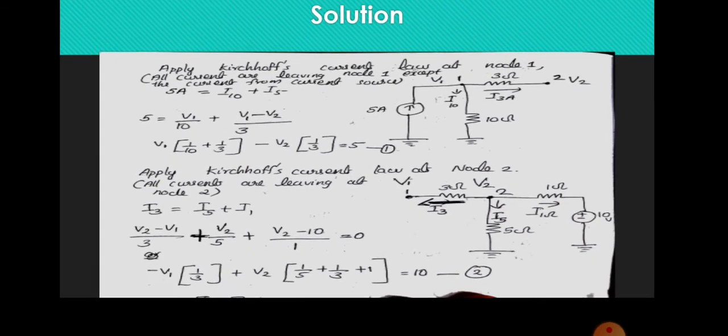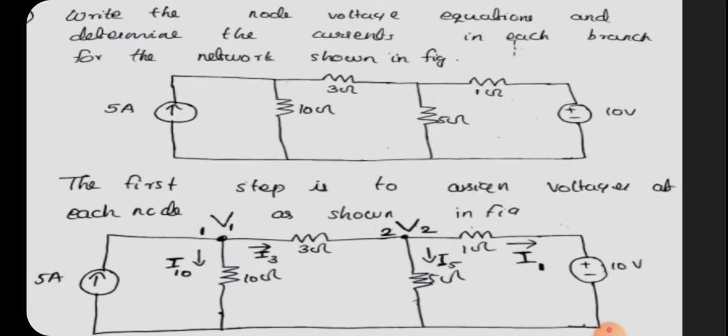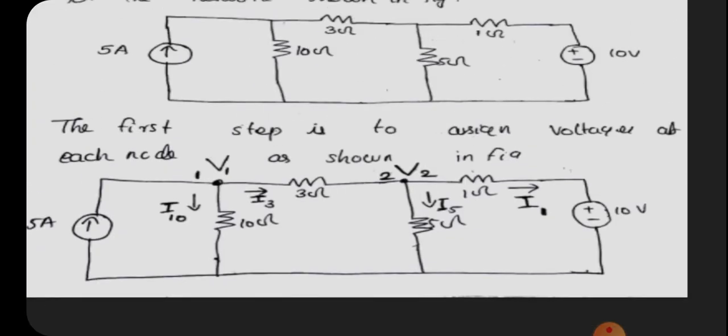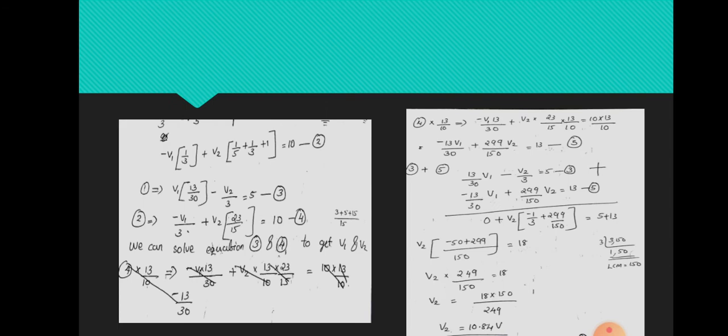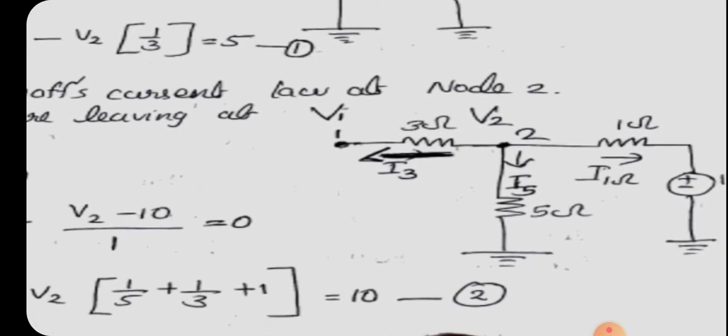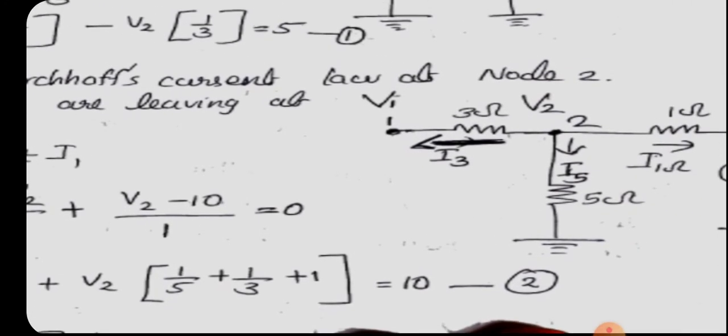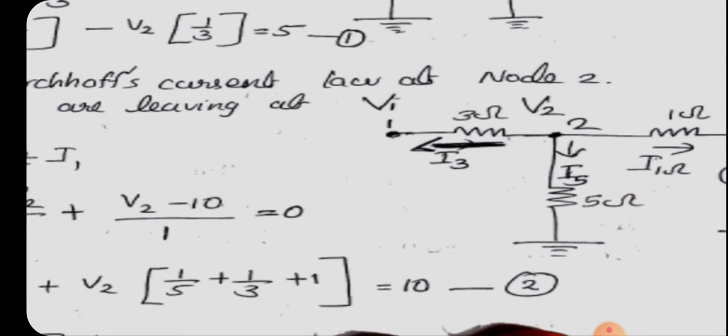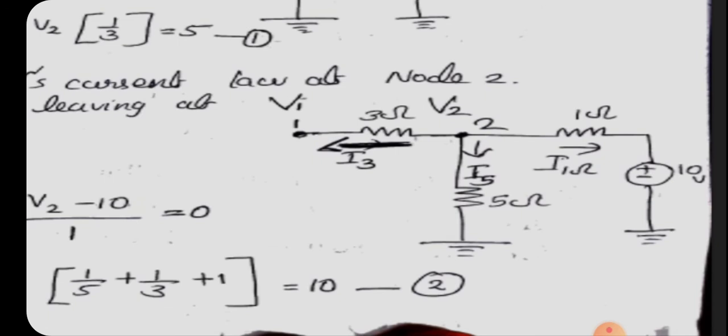And what are the components connected to node 2? At node 2, 3 ohm is connected, 5 ohm is connected, and 1 ohm is connected. Also, a voltage source is connected to that 1 ohm. So we can redraw the node like this. See, second node V2 voltage is assigned, and 3 ohm, 1 ohm, and the voltage source is also connected, and a